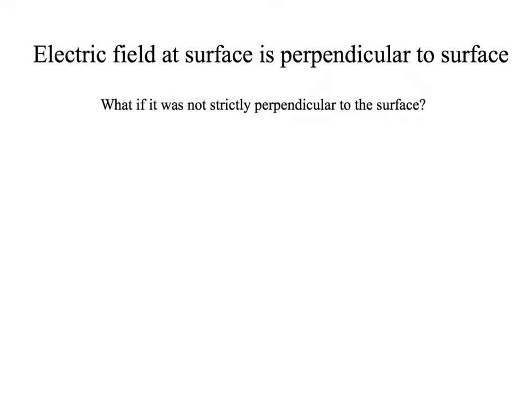The next thing that we find to be true is the electric field is perpendicular to the surface. So what we're going to do is draw a little piece of the surface of the conductor, and we will sort of prove that the electric field has to be perpendicular by entertaining the idea: what if it isn't? What if the electric field is at an angle to the surface, which means then there's a